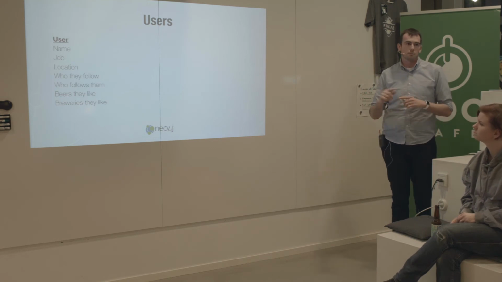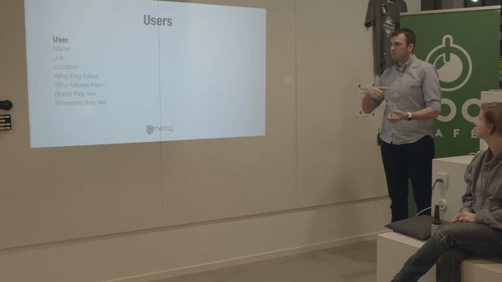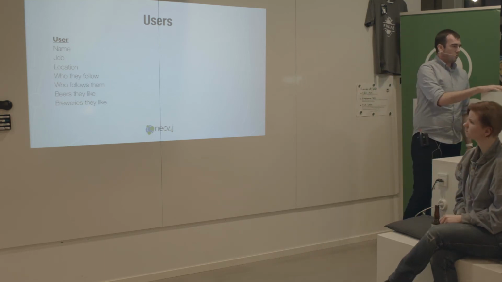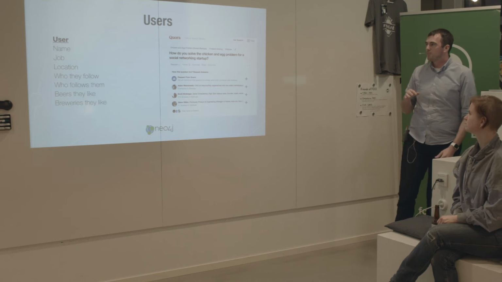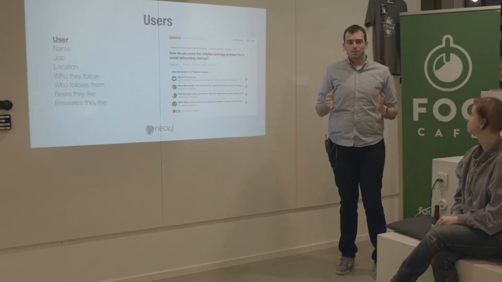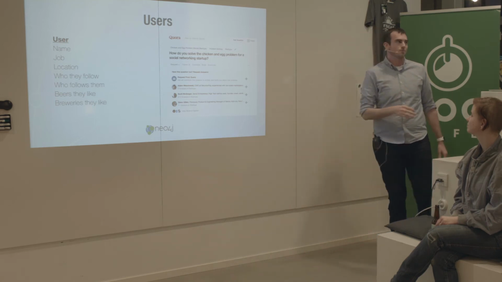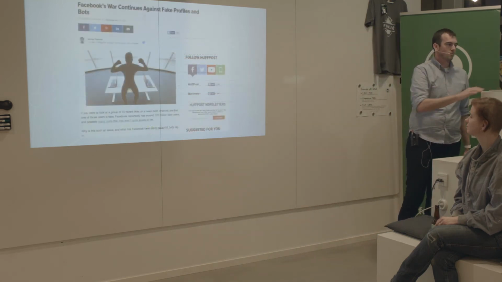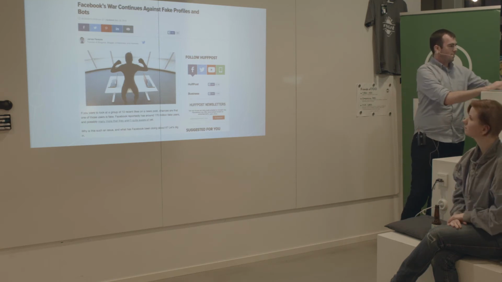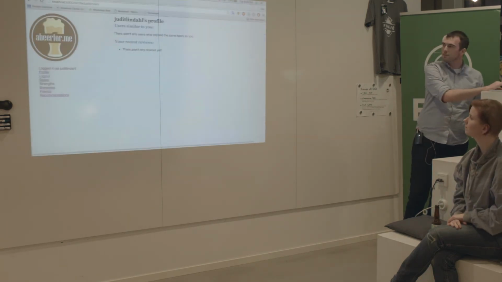So you follow someone else, and then people can follow you, and you like breweries and beers. Of course, with all social networks, you have this problem of how to do social networky things without people in your social network. So you just make it up. I faked a lot of data to make a nice use case